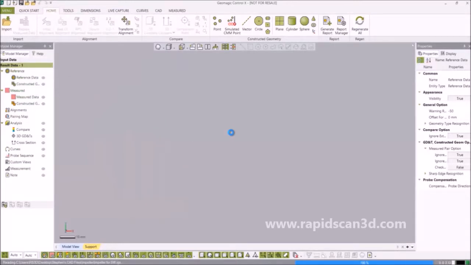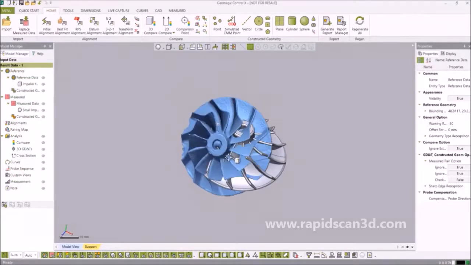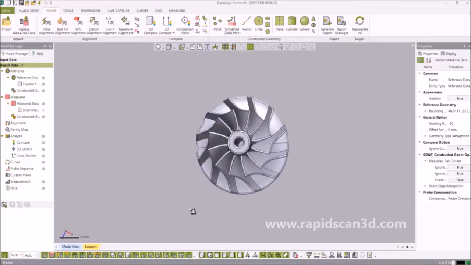So what you're going to see right now is we are currently importing scan data of an impeller as well as a CAD model of the exact same impeller, to see what the deviation is between the two. We're going to utilize this software to do an inspection. Right now we just use the scan data as the measured, and we're using the CAD data as the